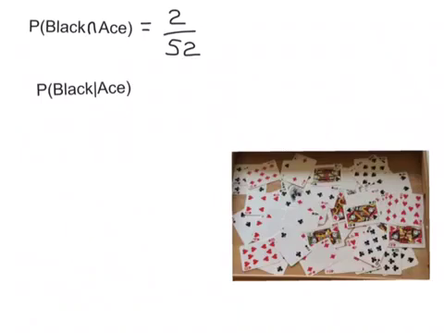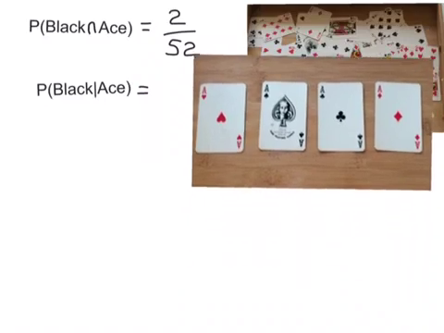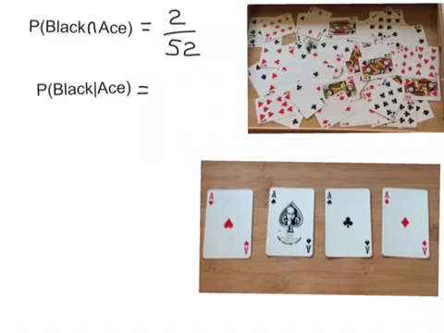But then you have this situation over here, which is provided it's an ace, what's the probability that it's black? So let's take a look at what that picture looks like. So that's what this picture would look like right here. Provided it's an ace, what's the probability that it's black? Well, there's only 2 black aces out of, provided it's an ace, so let's take a look. Let's see, 2 out of 4. So to me it sounds kind of similar, but very different probabilities, but hopefully we can